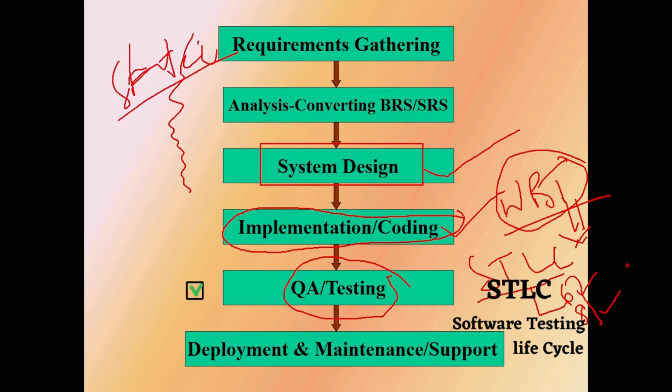Like this, a number of phases are available here. In each and every phase, we perform testing to bring good quality to the product or project. I'll show you in this area a detailed project testing process